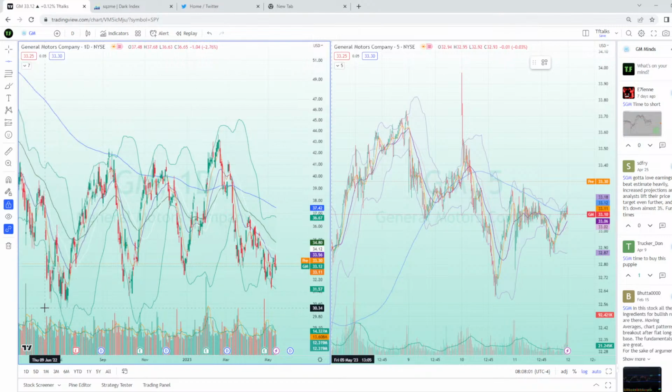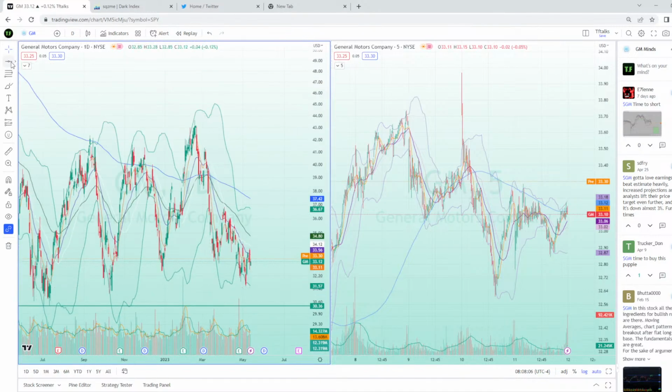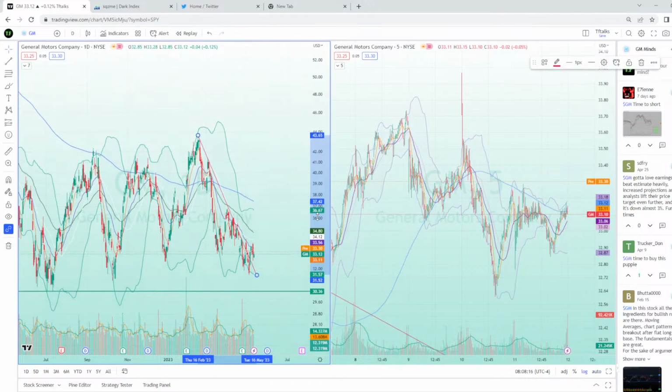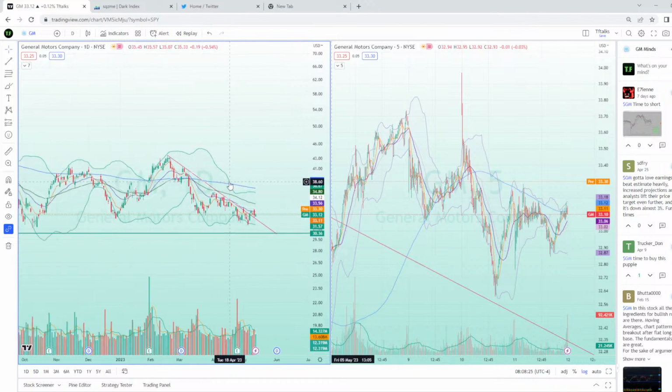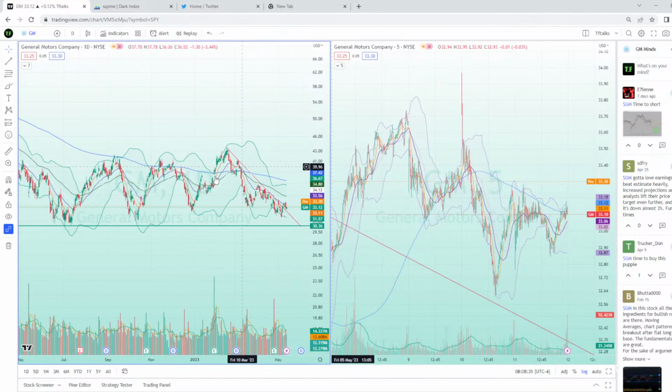Horizontal lines, this position, and trend line. I mean, it looks like it's breaking the downtrend line from February 23rd until today,